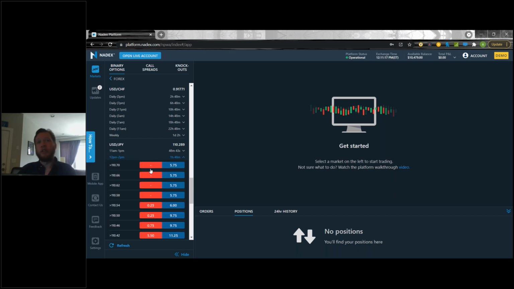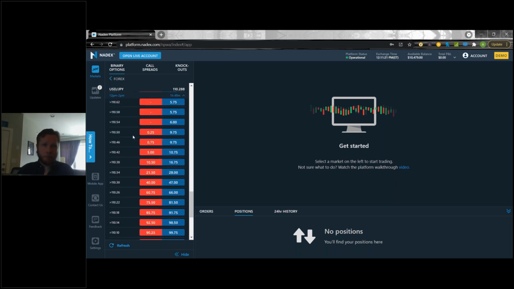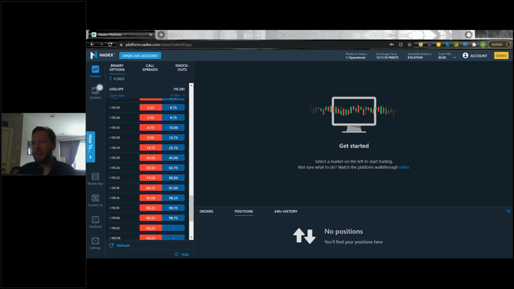If you click on those, you're going to see your awesome price ladder here. This price ladder is going to show you all the strikes in one neat little ladder here. And then as you scroll down, my computer is being slow. All right, sorry. Sometimes the internet lags out here a little bit. As you scroll down, you can see all of the different strikes, and you can see, of course, the buy and the sell sides on them. Let's choose one about the middle. That's probably going to be about at the money. So we'll go with this 110.26.